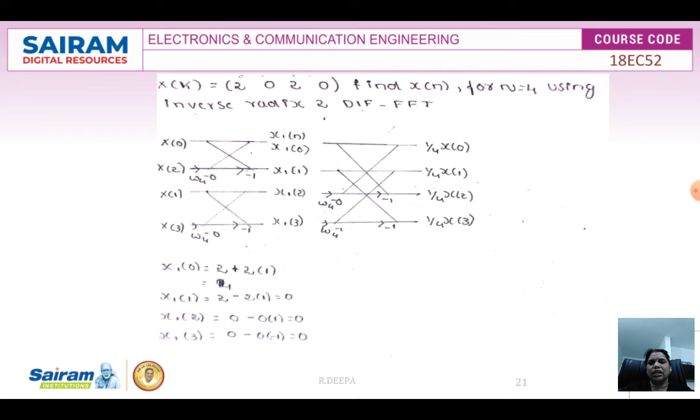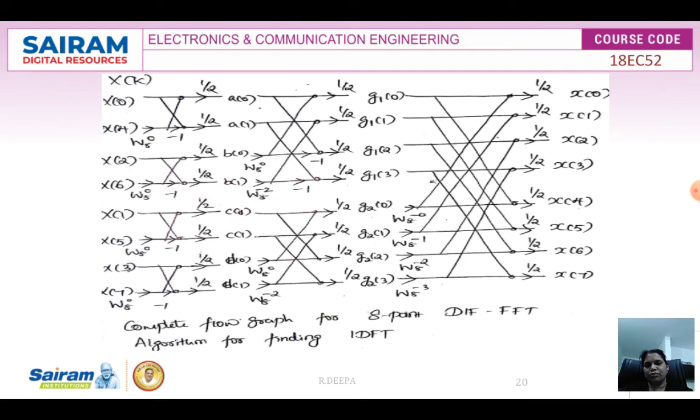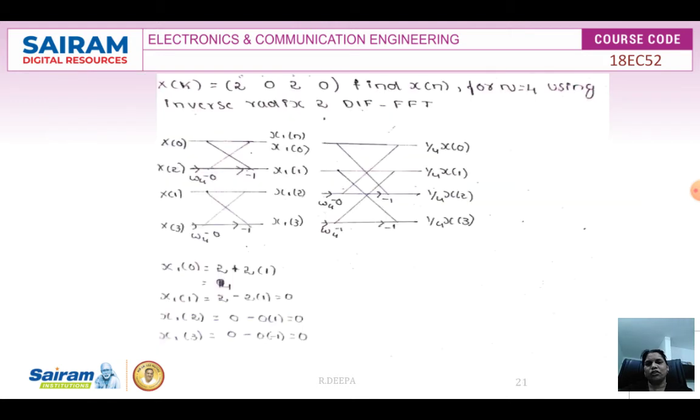It will start with the small butterfly here, and the input, as you have seen in the main flow diagram, is fed in the bit reversed order. Since there are only 4 inputs, put them in the bit reversed order as x of 0, x of 2, x of 1 and x of 3. So these 4 will act as the input for the first stage, and you generate the output of the first stage as x1 of n. And how to generate this x1 of n: using the butterfly computation, you can write the equation for x1 of 0 as x of 0 plus x of 2 into W4 power of minus 0.